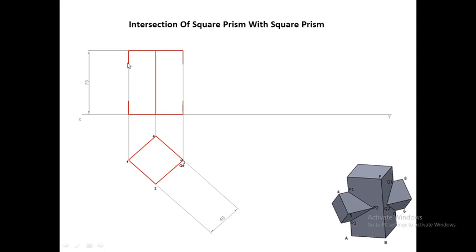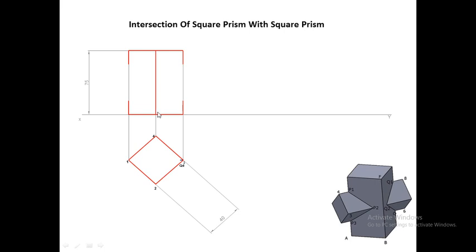So this part from P1 to P3, as shown in this figure, will be kept as light. Similarly, this part will be kept as light because these edges do not exist, whereas this edge, that is the edge lying in the center, is completely visible, or it exists, hence it is kept as dark. You can see here that this edge, that is F to B in this figure, is not cut by the horizontal square prism, it is actually existing. So we have shown this vertical edge in this figure.